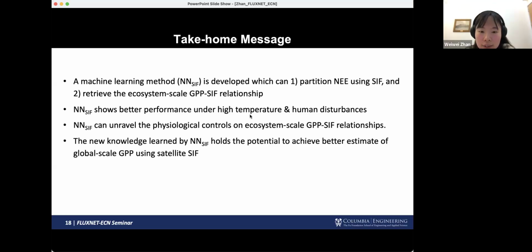And another question is that the method has been tested on deciduous forest and water-limited croplands. Do you expect to test the method in other ecosystems under different climatic conditions in the future? Yes, I really want to do it. The reason we are limited to these 3 sites is because at that moment, during the collaboration, the available SIF data we could collect were mainly from these. We only have these 3 sites. But for sure, I want to